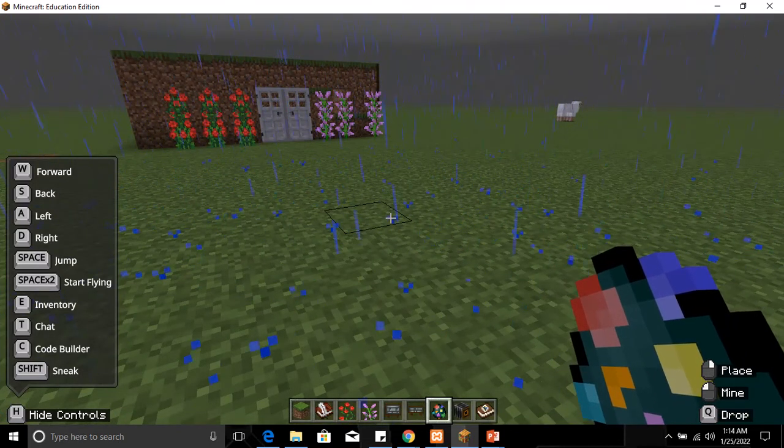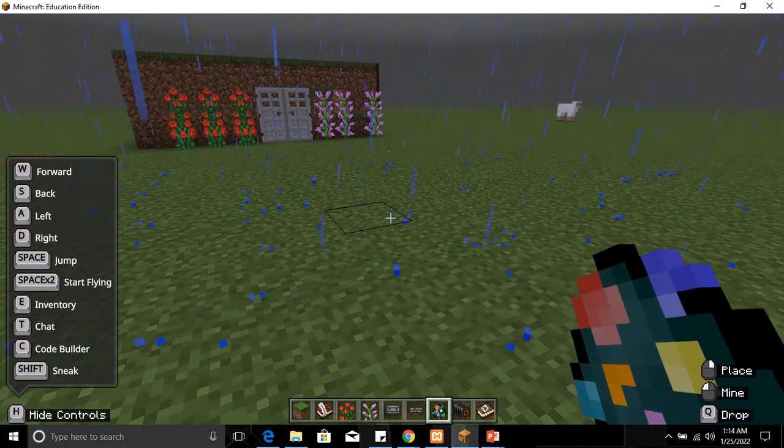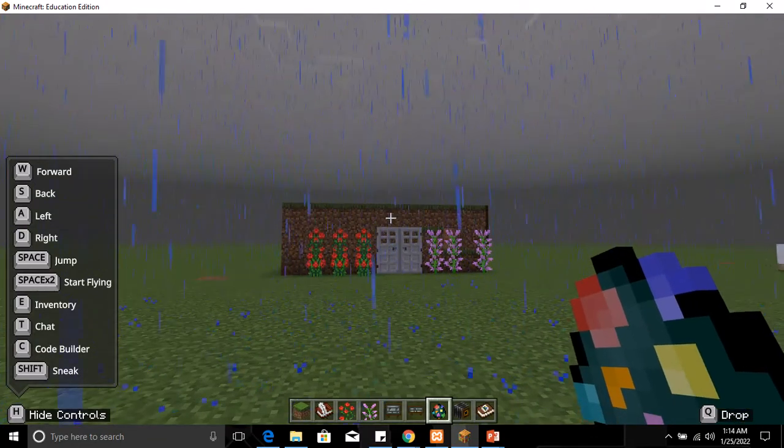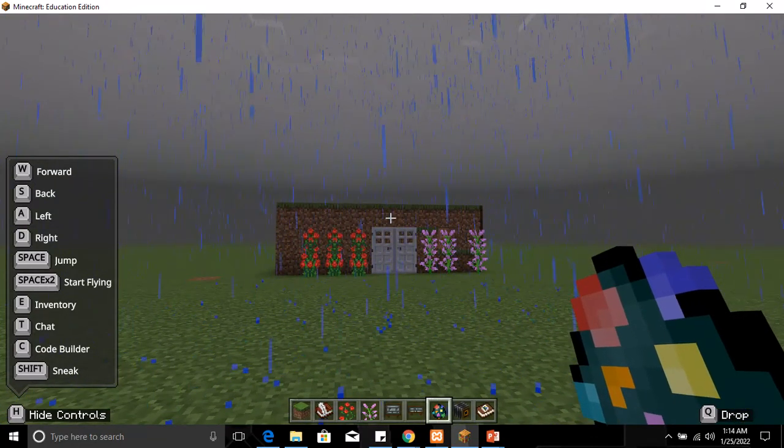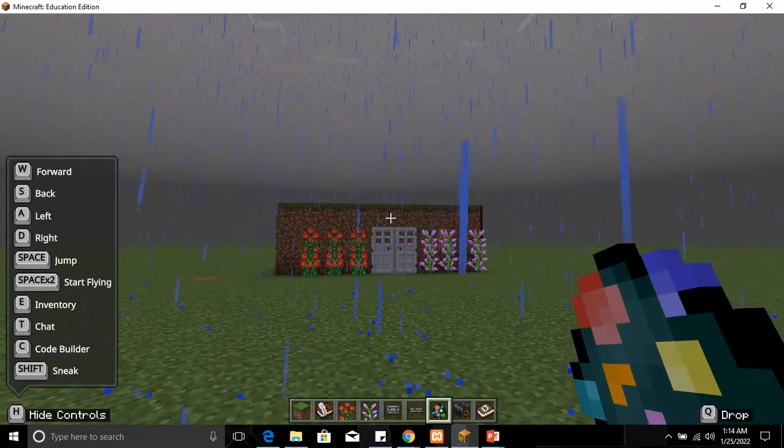You see, if you look at the bottom right, it changes to place, right? But it's not going to place. Let's right click it. Can you see? I'm unable to place. Because for spawns, to add spawns in your Minecraft world, you have to be in world